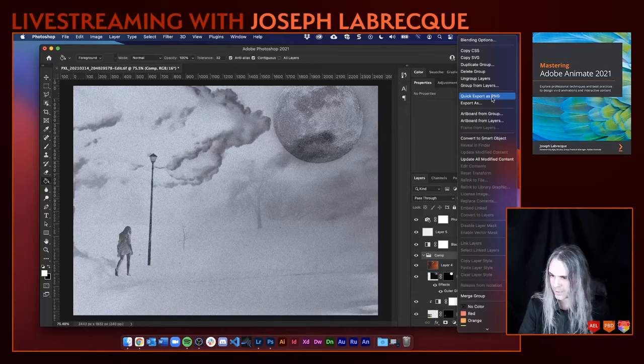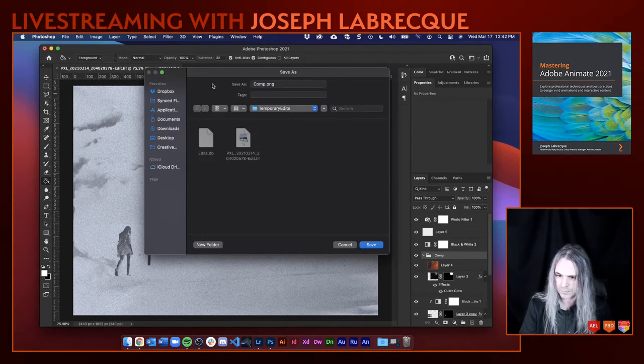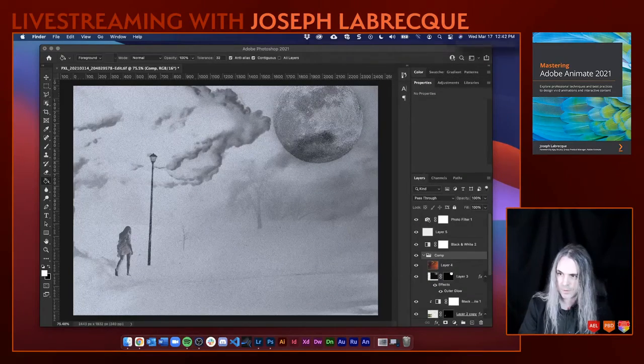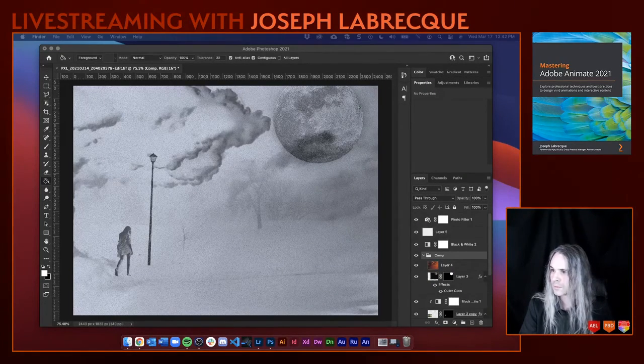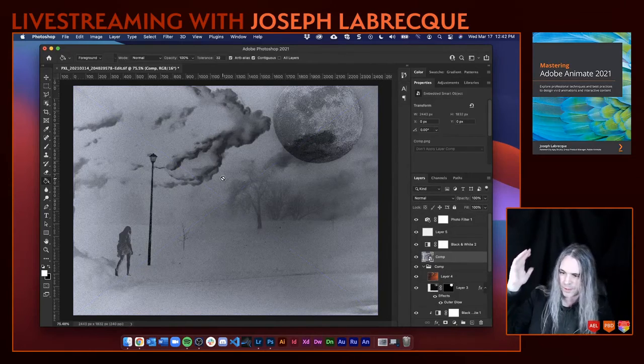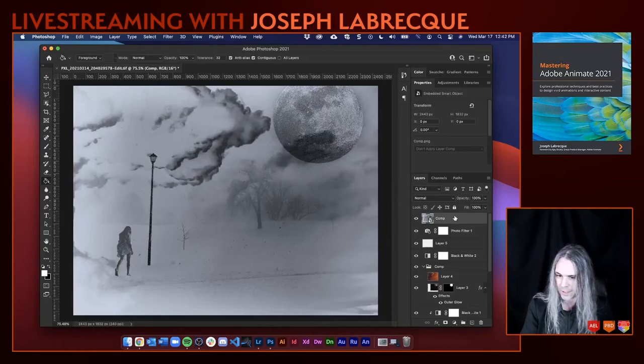I'm going to quick export this comp as a PNG file. And put it in my downloads. So now I can grab it from my downloads and put it directly on top of where it was, which works out pretty good. So I've basically got a copy of what I just created,